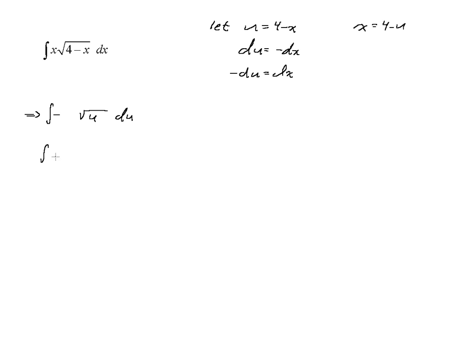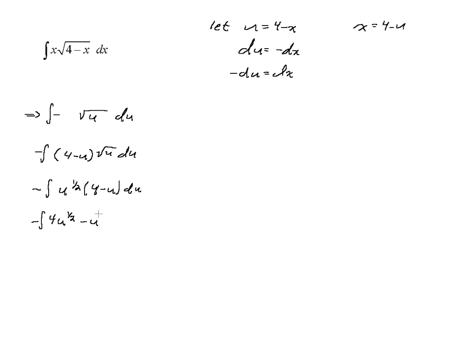So I can rewrite this. I'm going to factor that negative 1 out front. So I can rewrite this as the quantity 4 minus u times the square root of u du. And now just to help us a little more, I can rewrite square root of u as u to the 1/2 times 4 minus u du. And now we just need to distribute this u to the 1/2 and integrate term by term. So we have u to the 1/2 times 4, which is going to give us 4u to the 1/2. And then u to the 1/2 times negative u is negative u